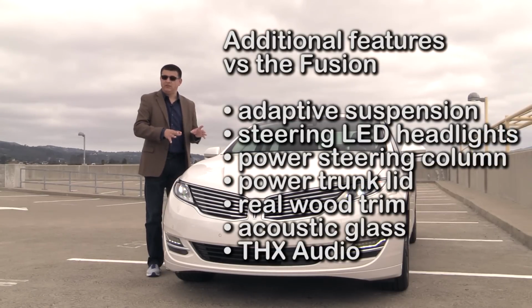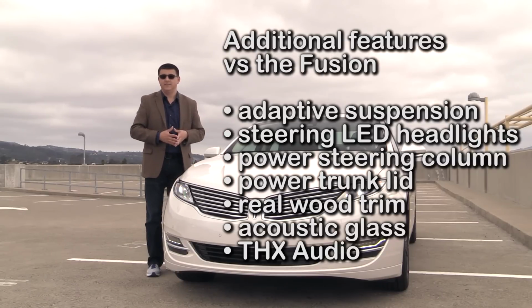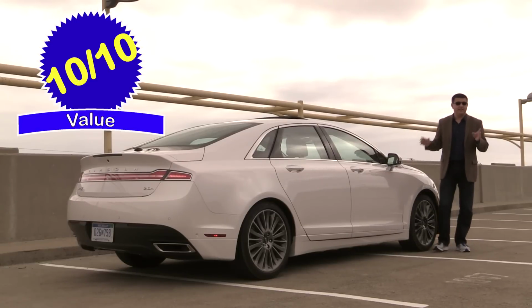Once you add up the value of all of those, you deduct them from the base price of the MKZ, and you take a look at a Ford Fusion, the Ford Fusion's only $800 less. And that's before you even take into account the fact that the Fusion has 1 year shorter warranty than the Lincoln, and you don't get as nice of a dealer experience. My value score for the MKZ comes in at 10 out of 10, and it's not just because of that